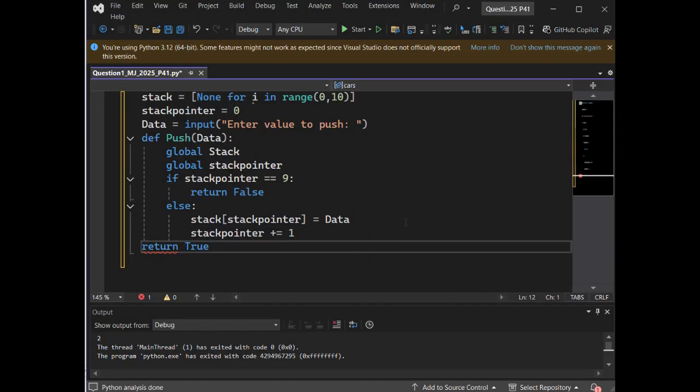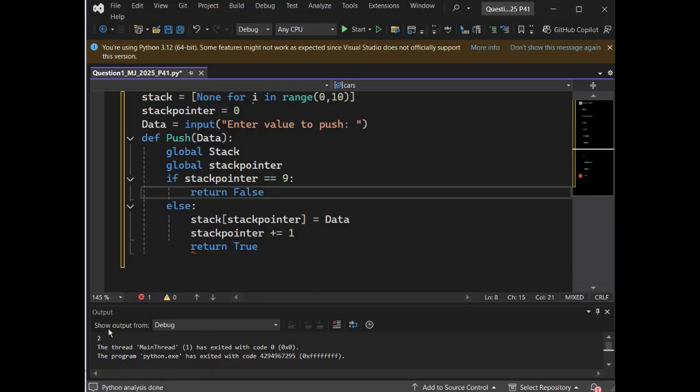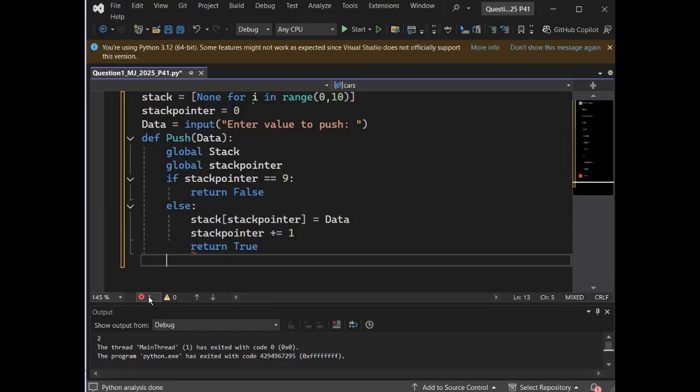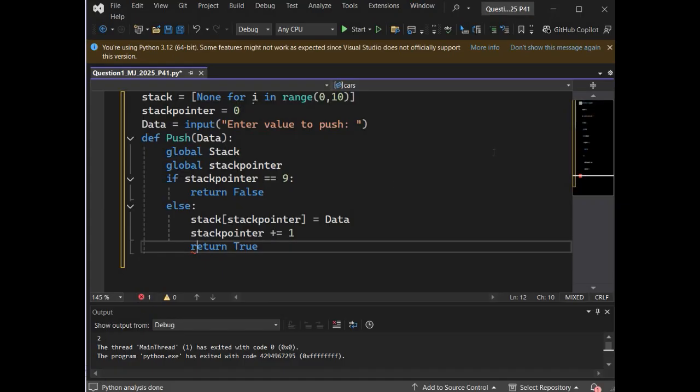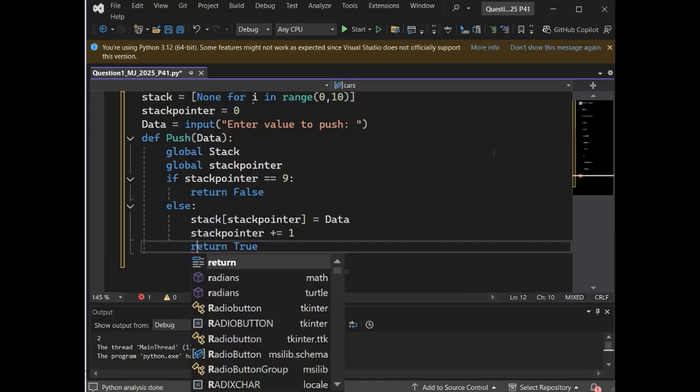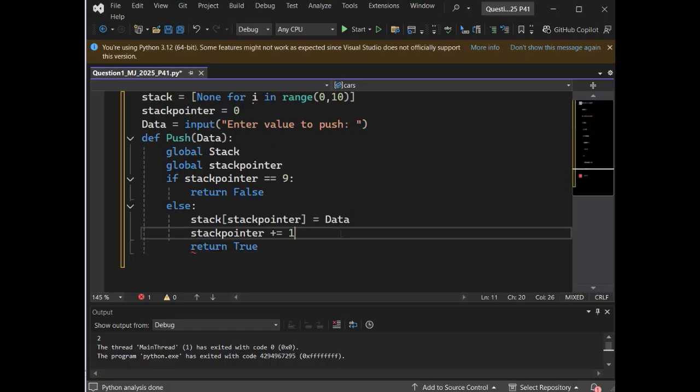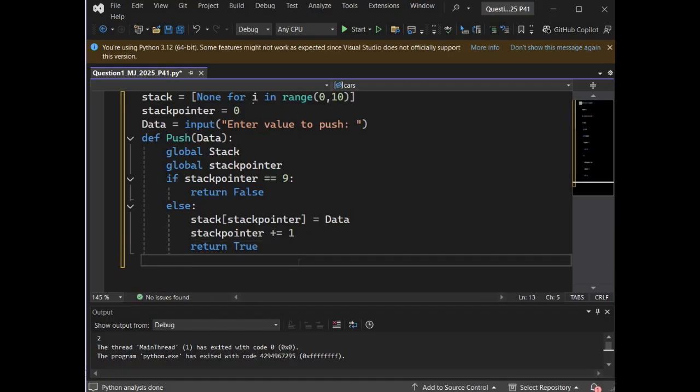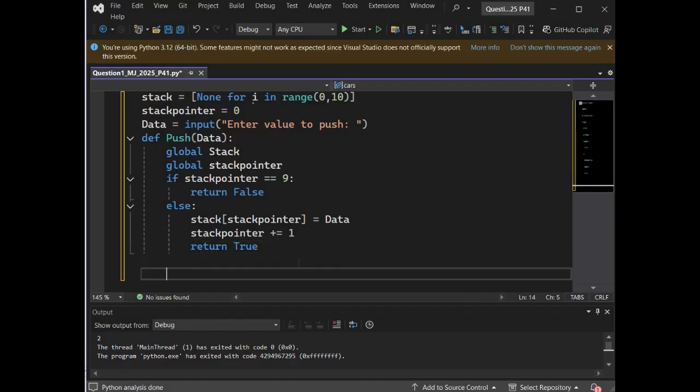They are the same thing. Okay, let me just fix that. It is showing this as an error. Okay, this should be fixed.